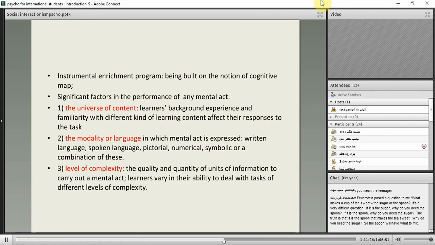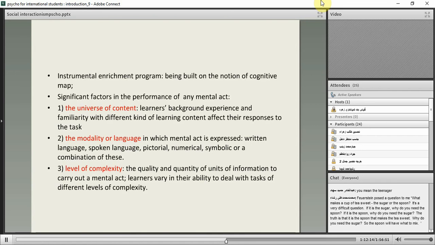The other program, another exciting proposal offered by Feuerstein, is the instrumental enrichment program, which is built on the notion of cognitive map. Right? Feuerstein proposed some key factors in the performance of any mental act or activity. One is the universe of content. What do we mean by that? It points to the learner's background experience and familiarity with different kinds of learning content, which affects their responses to